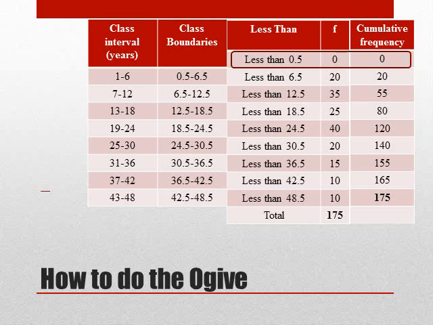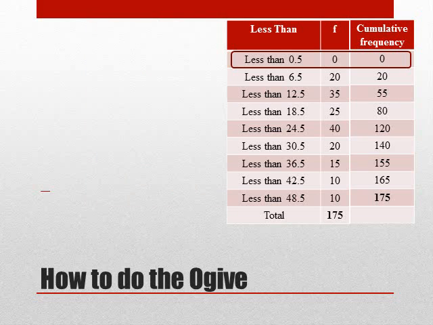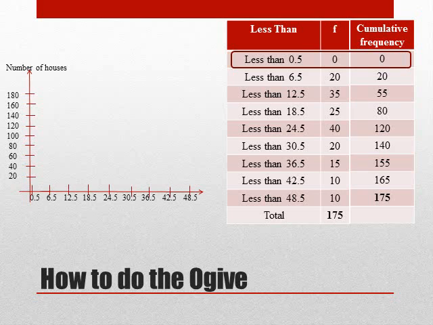So let's look at how to draw the ogive. As usual, you need to draw the y-axis and x-axis. Don't forget to label the y-axis and also the x-axis. Then you can plot it one by one. For example, for less than 0.5, 0 frequency; 6.5, 20; followed by